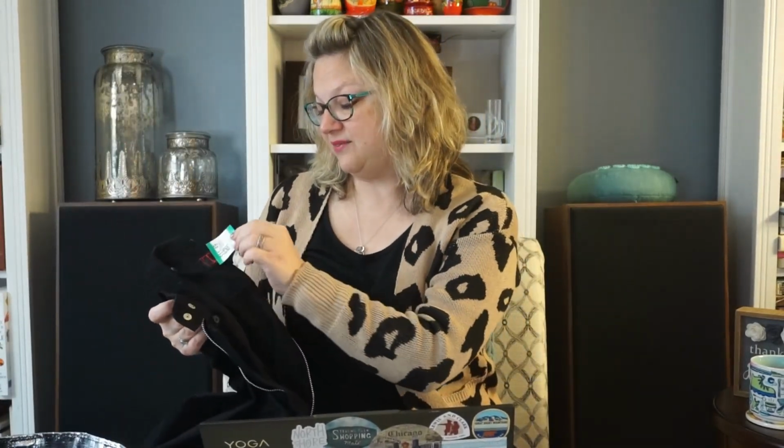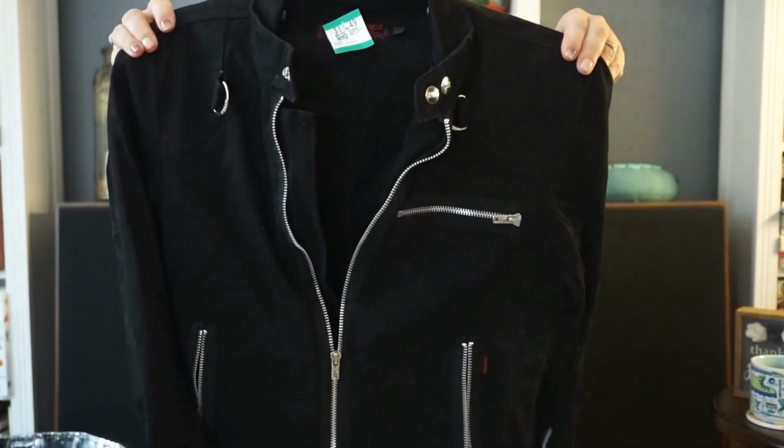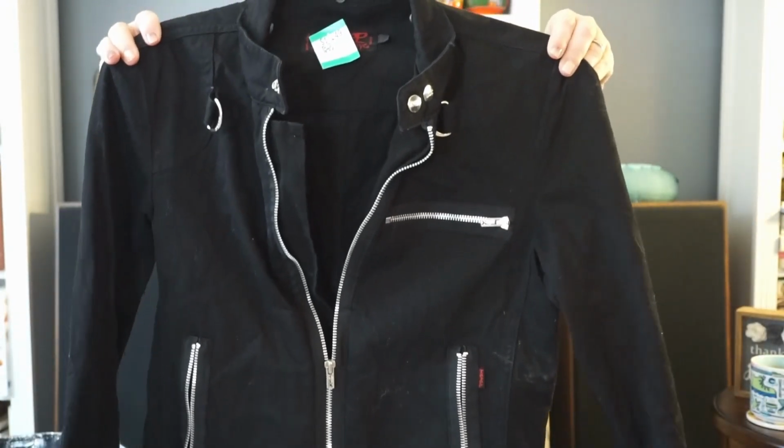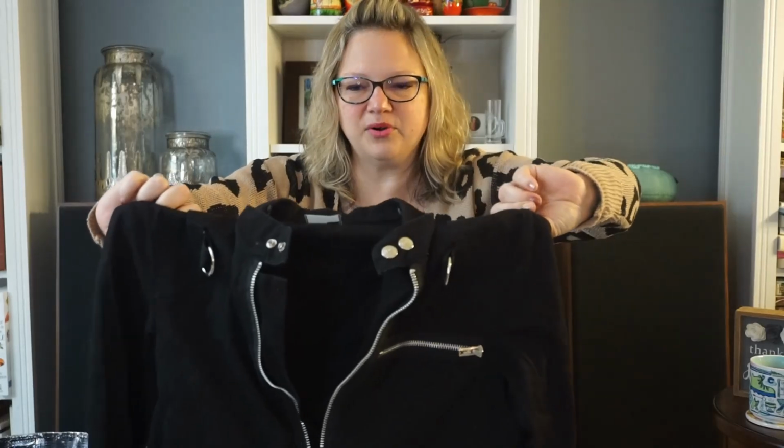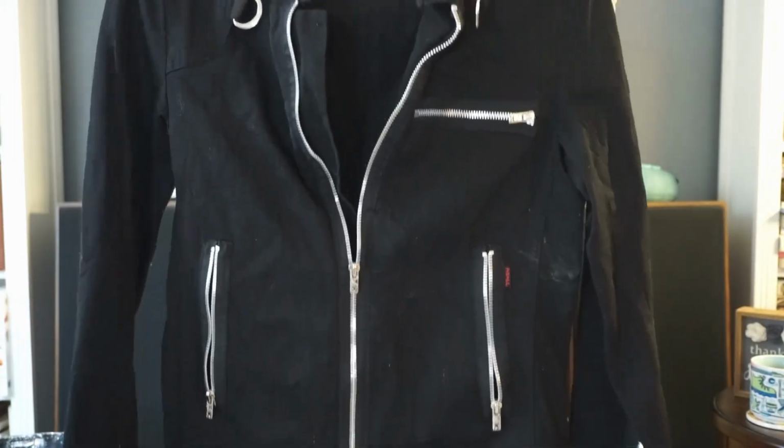Really good. Okay, this is another brand I have not found in a very long time, so the market may have just completely bottomed out on me. But this is Trip NYC, and it's just a black cotton jacket with all the zippers everywhere. It is so full of lint. I've got to get a good lint brush on this. But I paid either $6 or $8 on this. I'm gonna, you know what? Let me just look up the comps for that real quick. Trip NYC